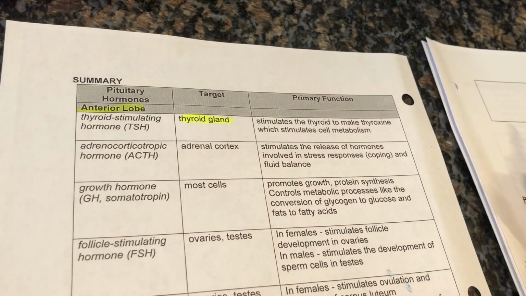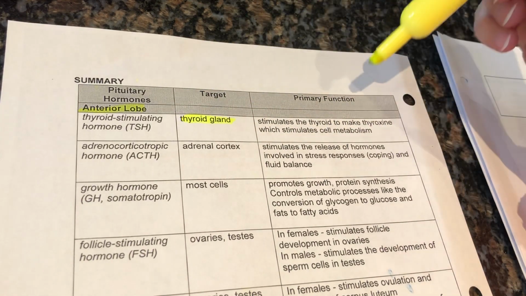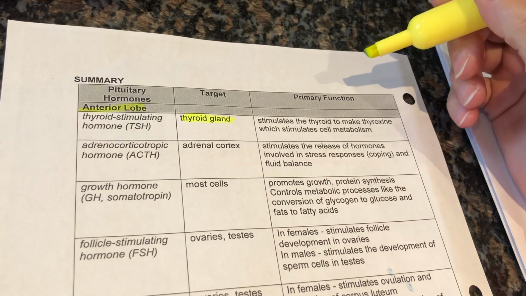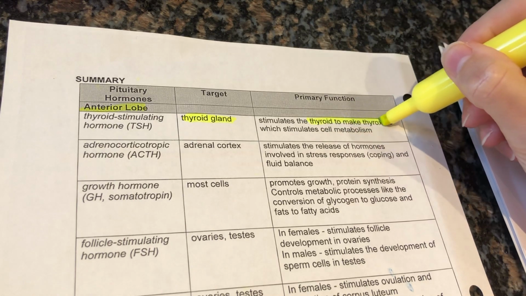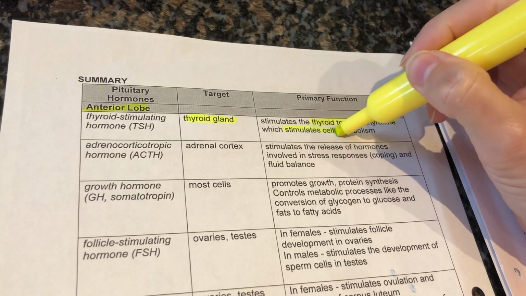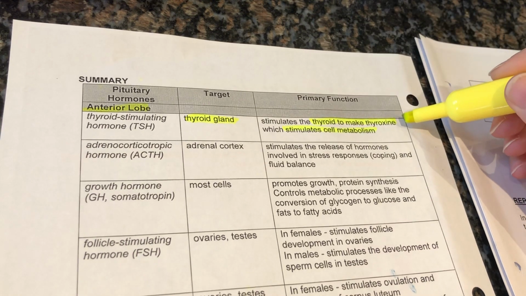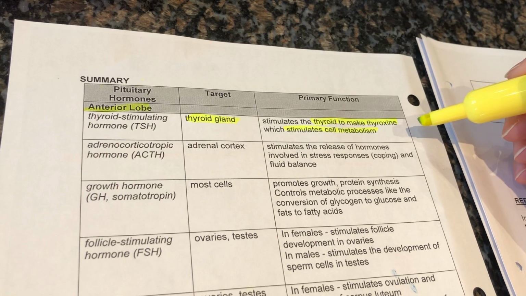Okay, so you can see the table's divided up into the hormones, the target gland, and then the function. So what does thyroid stimulating hormone do? It tells the thyroid to make thyroxine. We're going to get to thyroxine. What does thyroxine do? It stimulates cell metabolism. So this increases your metabolism. Okay, so it increases cellular respiration. All right,